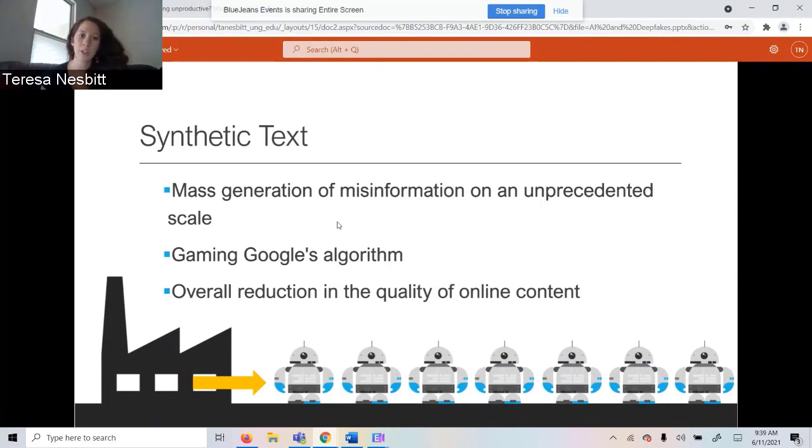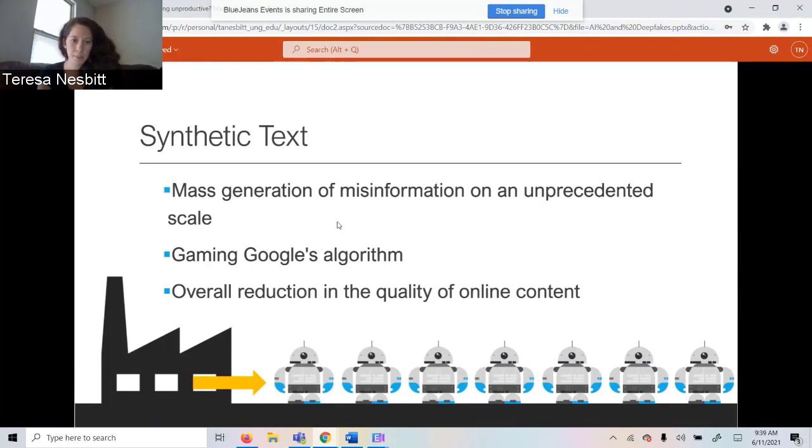And of course, not all of it is going to be bad. Not all of it is going to be misinformation. But I would be surprised if people whose job it is to churn out just droves of misinformation did not take advantage of this technology. Instead of having to spend a whole day maybe writing 5 or 6 articles, you could just type in a paragraph and let the program do the rest of the work.